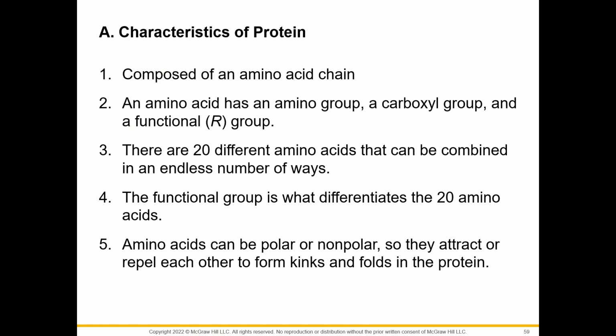And amino acids can be polar or nonpolar, so they attract or repel each other to form kinks and folds in the proteins. And having these polar and nonpolar features can make proteins function as integral structures in cell membranes. So back to the cell membrane. If we have an integral protein that goes all the way through the cell membrane, like a transport channel or something, there'll be part of the protein that's nonpolar, so it can interact with fatty acids, and it will have part of it that's polar, so it can interact with the phosphate head, and then whatever ions it's transporting